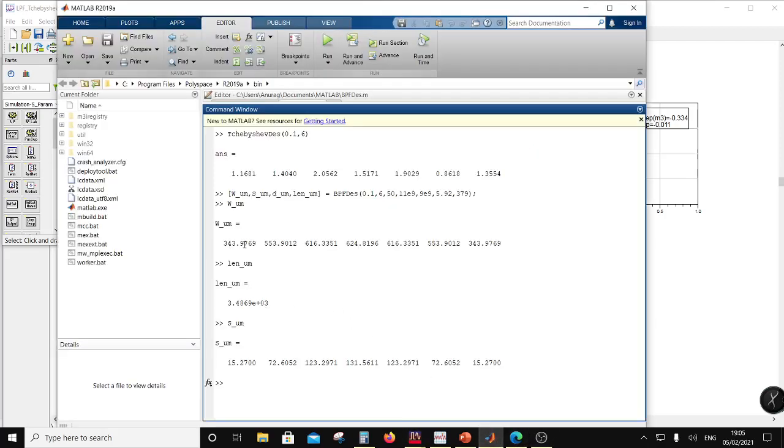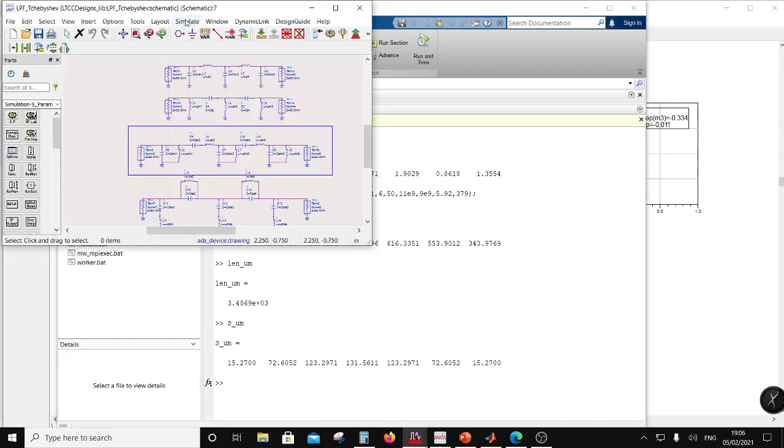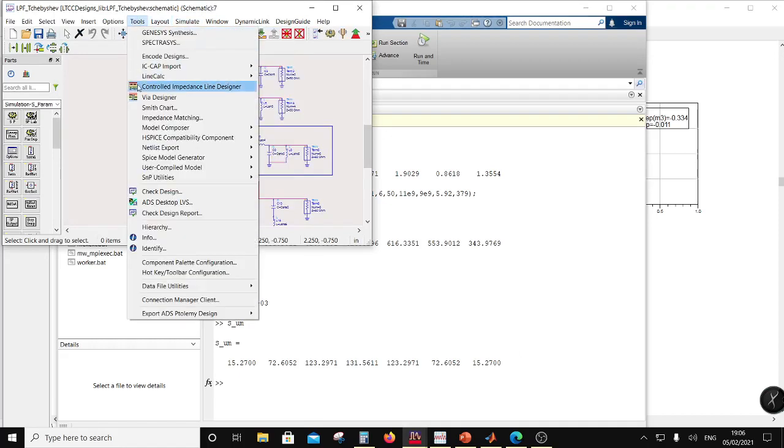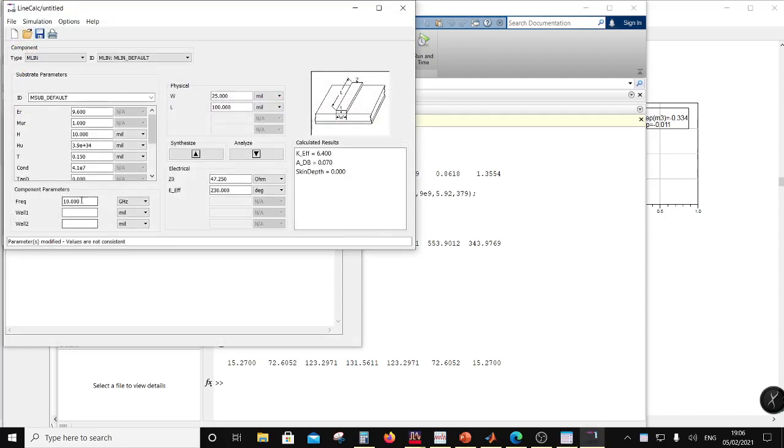So we have to have these sections. One more thing you need to know is the end connections are 50 ohm lines. So I am going to run a line cal. Layout tools, let's run a line cal. I want to know a 50 ohm line on that substrate at 10 gigahertz. So the substrate